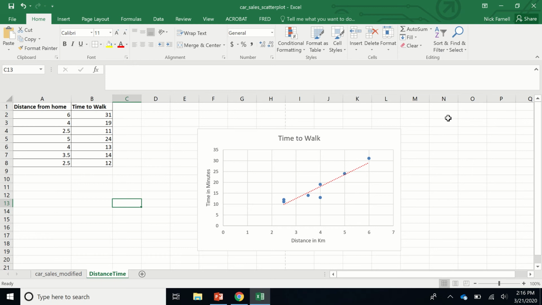Hello everyone, in this short video we're going to look at building scatter plots in Excel. A scatter plot is just a way to visually show the relationship between two different variables. We're going to start off by walking you through a really simple example of a scatter plot that I've already built. Then we're going to create our own scatter plot in the other data set, the car sales data set,